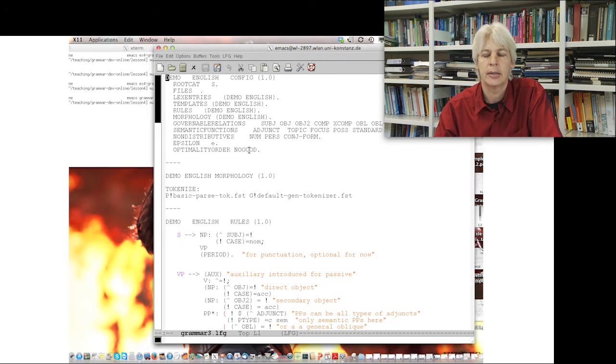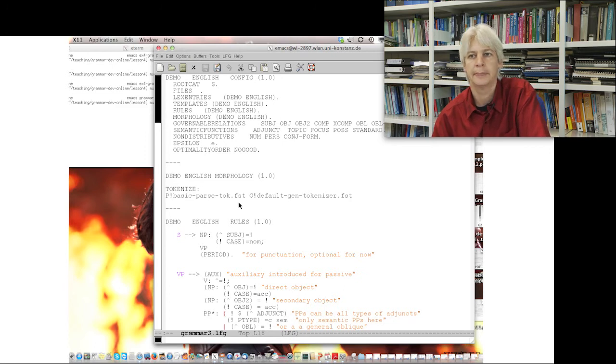It has changed compared to what you've seen before. There's one change in the configuration file, which is this line. I've added a section, a morphology section, called it Demo English as well. And where is this morphology section? Well, it's down here. What does this morphology section do? What it does, it's adding in a tokenizer, okay? And it says P, this is the parsing direction, use the finite state transducer basic parse talk. And for G, that's the generation direction, use the default gen